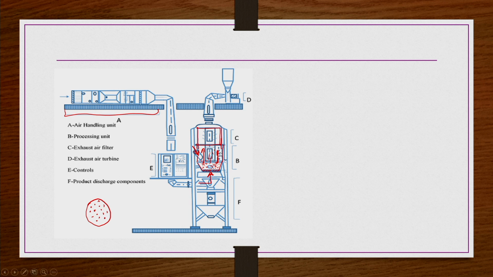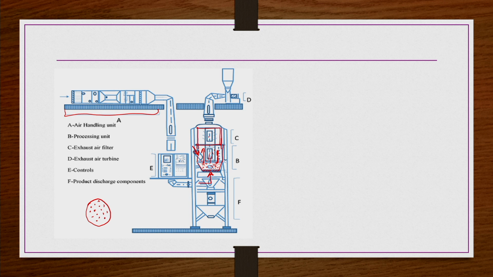Then what happens here, it is not necessary that all the particles will be agglomerating or all the particles will be coated when you are trying to do this. So some particles still remain of finer size, they may not come into proper contact with the spraying liquid, or whatever may be the reason. Some particles may be unaffected by these binders, so they may just come out, they may be floating in this area, this particular exhaust air filter area.